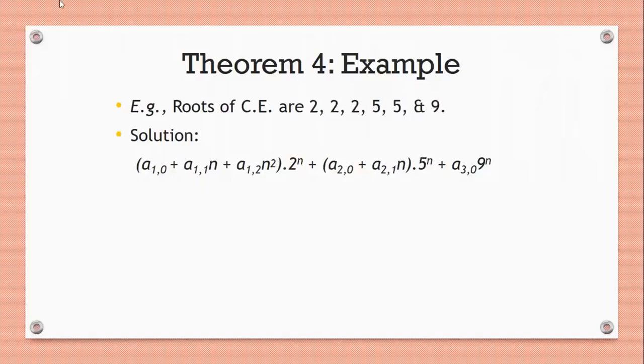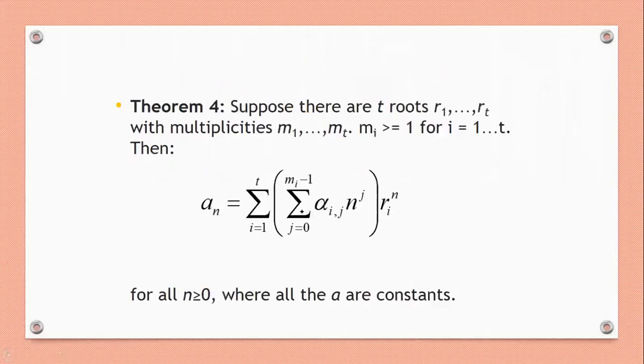Now the next theorem is theorem 4. First let's see the theorem. Suppose we are taking this theorem when each root r is being repeated some m times. In that case, we will use this theorem. The key point for this theorem is that for each root r of the characteristic equation, the general solution has the root r being repeated m times. So if you have a root 3, and the root 3 is repeated 2 times, then what is the case?